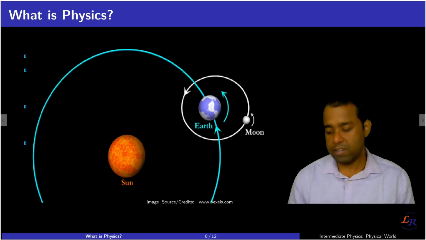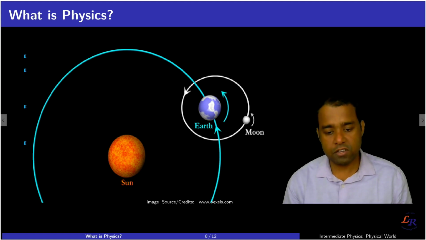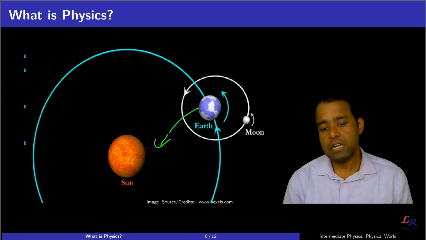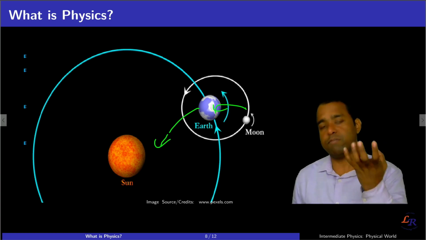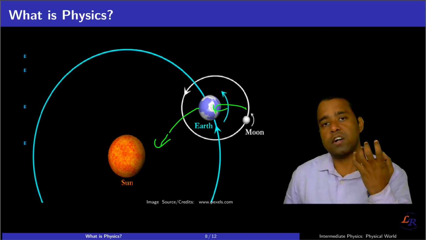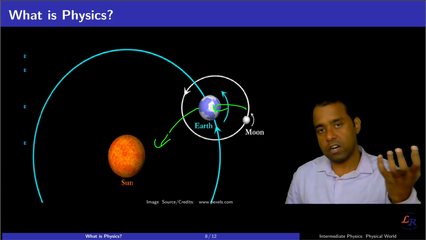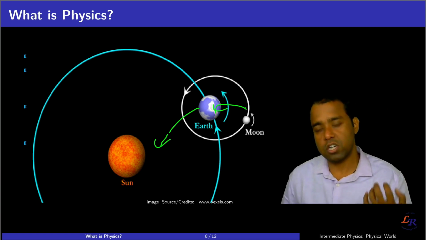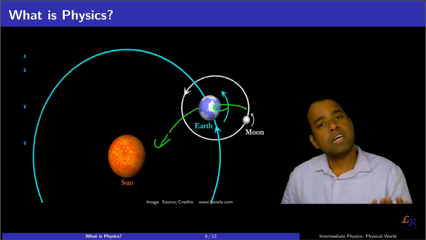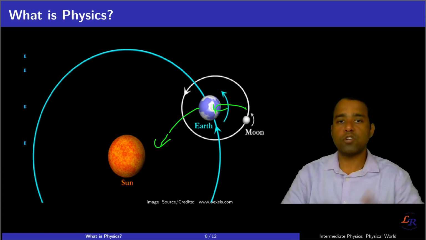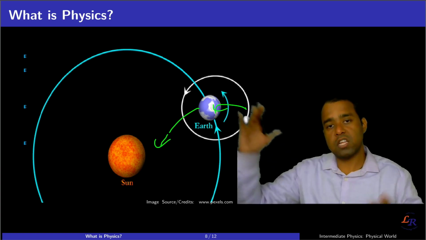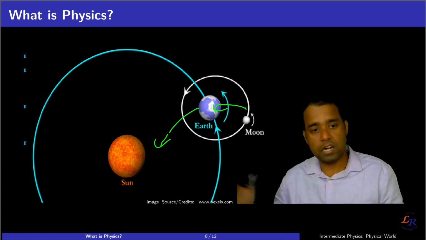And the same law can explain the rotation of the earth around the sun and the rotation of the moon around the earth. So you can see that a simple observation, where Newton observed that the apple is falling to the ground and the reason is gravity, gives a concept that is now applicable in a much wider range, where we are talking about the earth, sun and moon and their rotation.